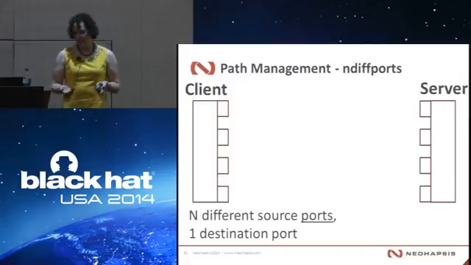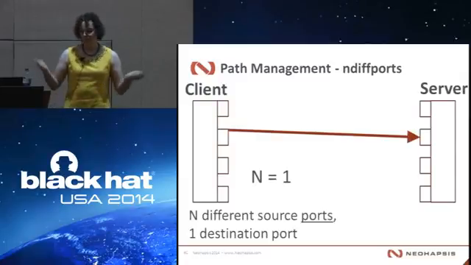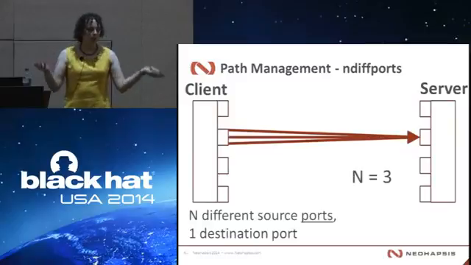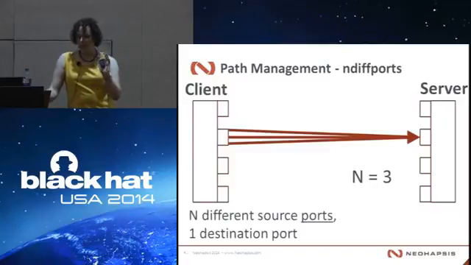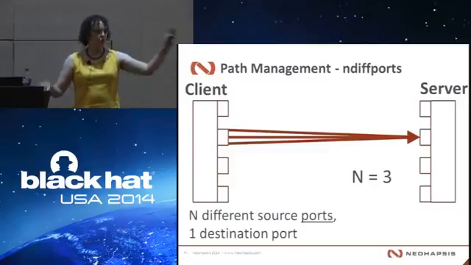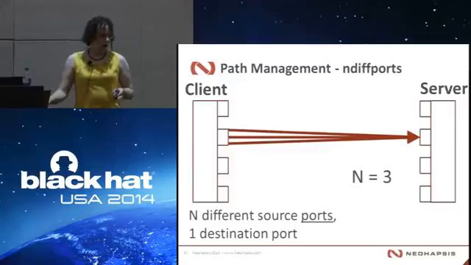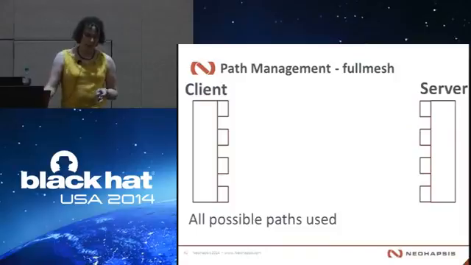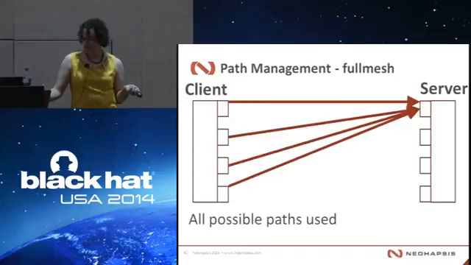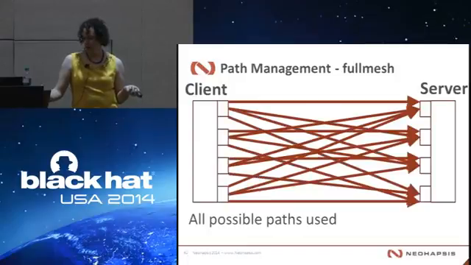So what I said about ndiffports, it's 1, 2, 3. Multiple ports to one at the other end. The specifics of these things don't actually matter for now. These are just 2 extremes. In future, who knows how implementations are going to decide to use these capabilities. These are testing ones, but they're interesting to play with. So full mesh, as I mentioned earlier, every interface to every interface. So all of them to interface 1, 2, 3, 4. And you've got a spider web.